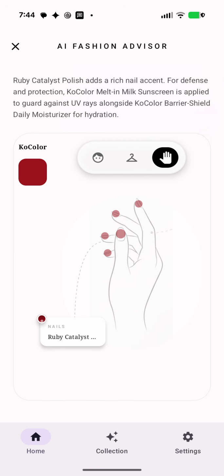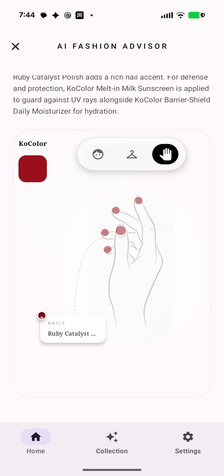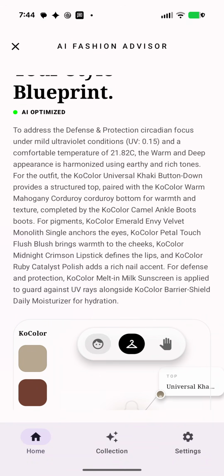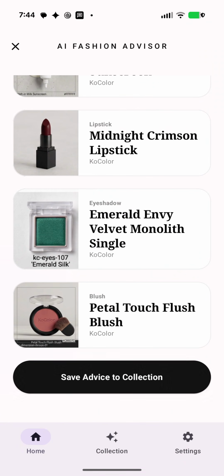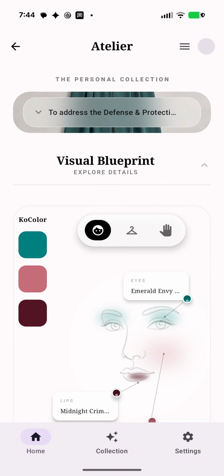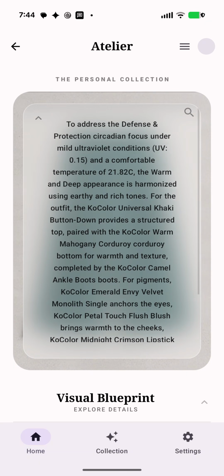So you can get deep into what the AI fashionista thought about your wardrobe and your cosmetics, your calendar, the weather, how you're feeling. It used all that to come up with what it believed is the perfect wardrobe and cosmetics for the event you're going to. So this is just a quick overview of how the KoColor system works. I hope it makes sense, and I hope